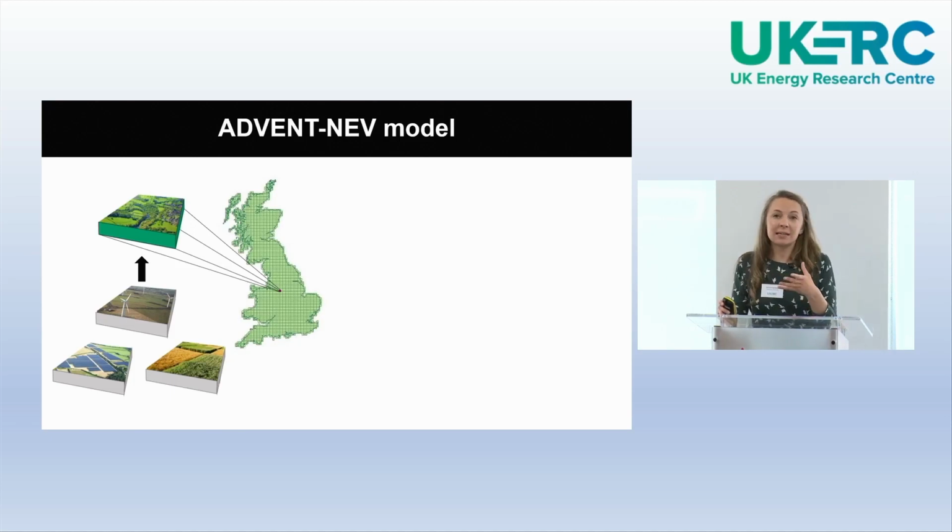We're actually expanding this in my postdoc to consider offshore wind, which Nikki's going to talk about, and Brett will talk a little bit about how we're incorporating BECCS into the model as well, so bioenergy with carbon capture and storage. Essentially, we look at the costs associated with these three technologies in every 1 kilometre cell in